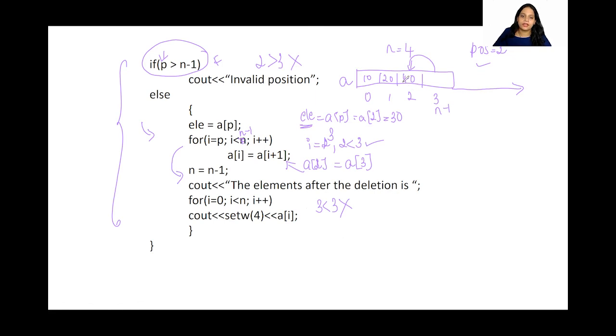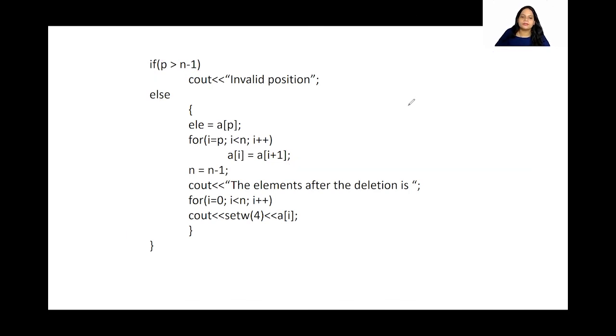So this is fine. Now I'm going to say n is equal to n minus 1. Why? Because I need to move this n minus 1 to over here because we have deleted the item. So my number of elements is nothing but n minus 1. N is going to be, in our case, n minus 1, which is 3. Okay. So initially how much was n? The total number of elements were 4 here and we deleted 1. Now we are left with only 3, isn't it? So that is why this is correct.